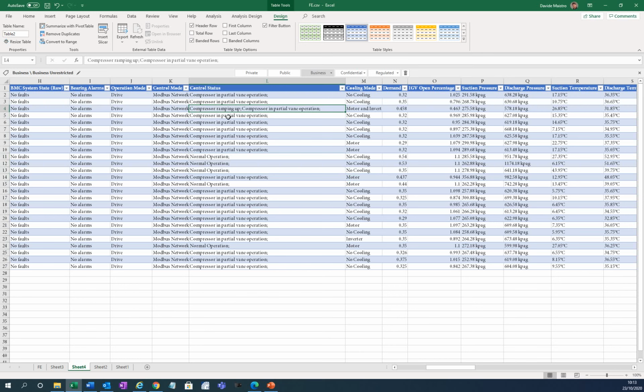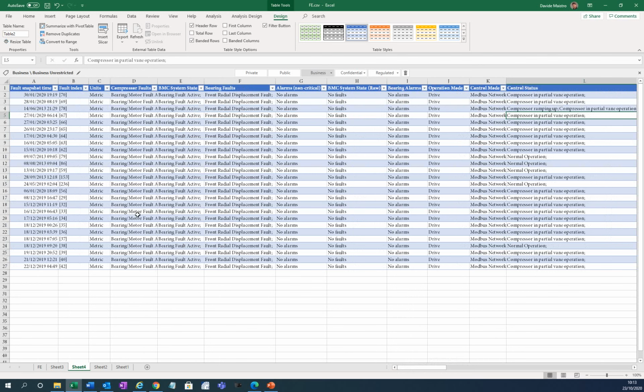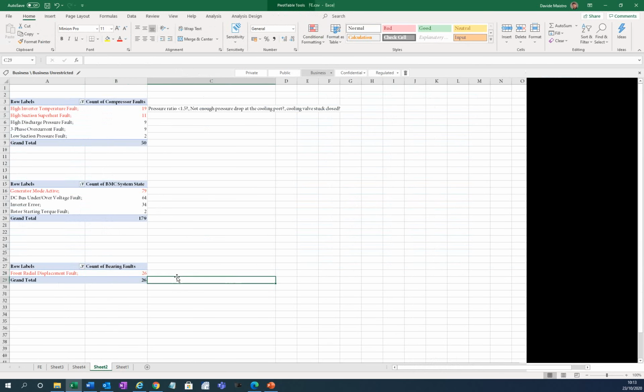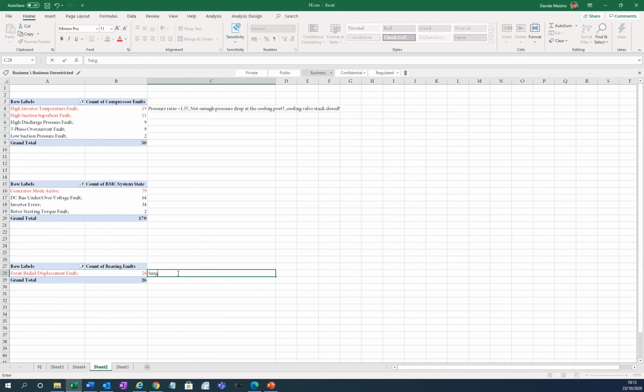Now, there are a few registers on the compressor that can be adjusted in order to prevent the compressor from surging. Okay, because this is actually surging. So whenever you see a front radial displacement fault, the most common root cause for this is surging. Okay, so here I should say surging, and then